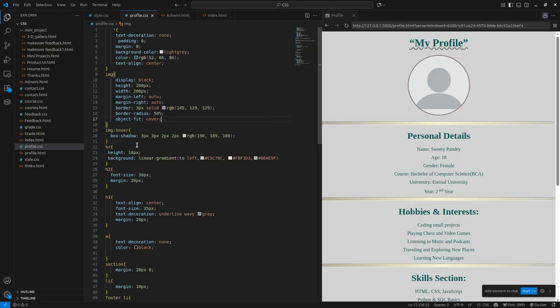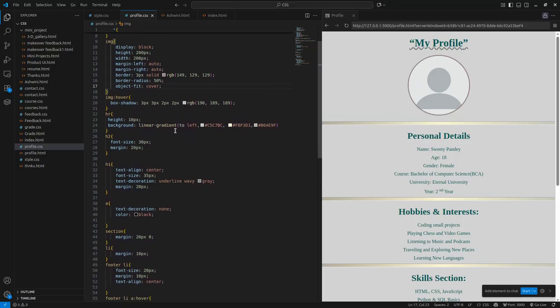And I use the hr tag here. For that I want this break line a bit bigger, that's why for the hr tag I give height 10 pixel, and there I use background-color linear-gradient. In linear gradient we can use so many colors, and we can decorate our web page with so many colors. So I want this color.